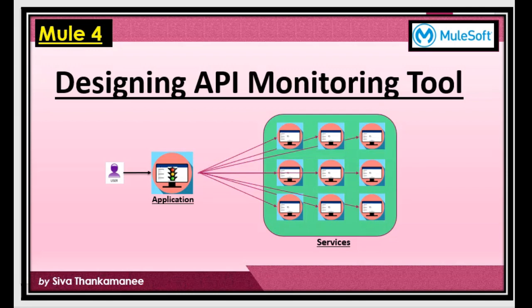But having prepared this API monitoring tool, you are going to depend on this and hoping that this tool is working fine. So this tool has to be prepared and deployed as a standalone API in Mule CloudHub or on-premises server,